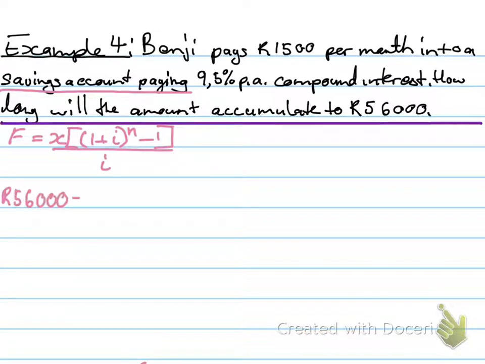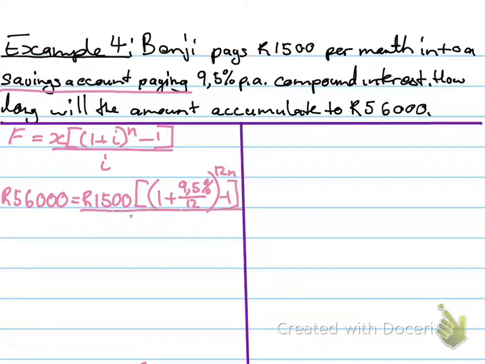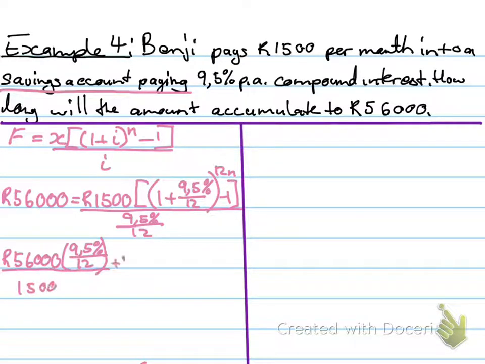amount in the future, so we use the future value annuity formula. So the future value, the accumulated amount, is 56,000, the installment or annuity is 1,500, then you substitute everything else, right? Remember, it is per month, that's why we don't know the years, but we know that it's going to be per month, so we multiply n by 12, so that will be the period, and then you solve for